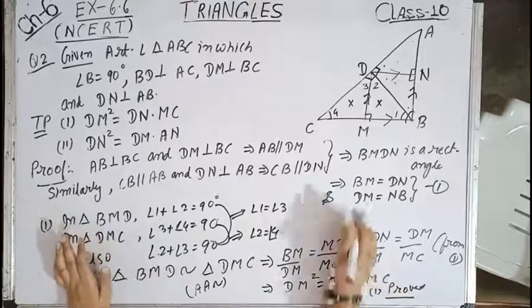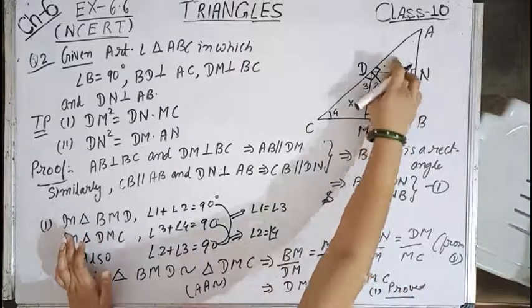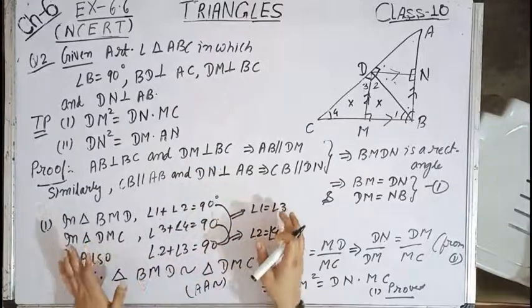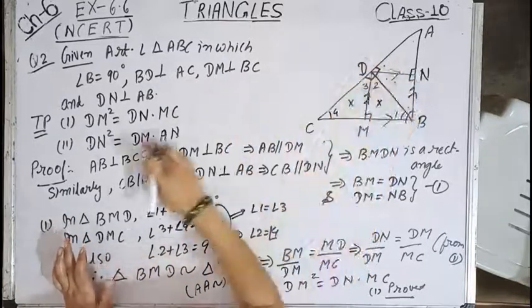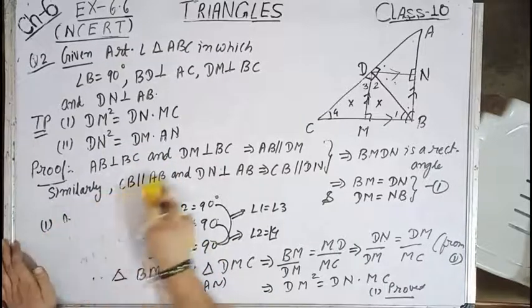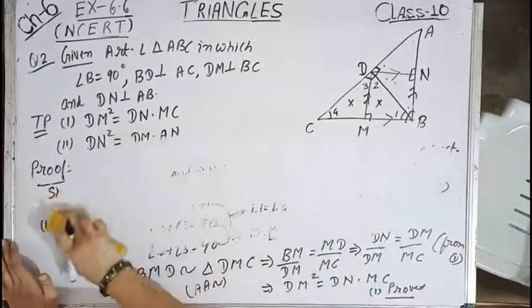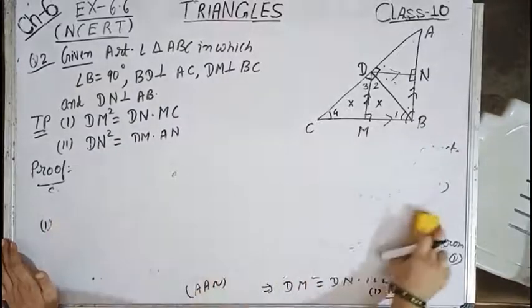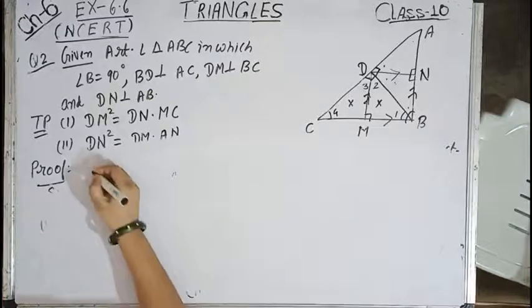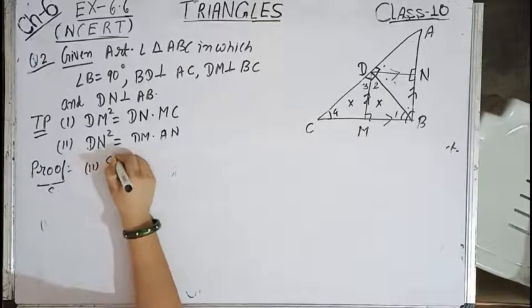1 is proved. Now for the second part, similarly you can write that these two triangles are similar. No need to write all these stories. Only you can write similarly these two triangles are similar and hence get this ratio. I am writing for you, but you should do it. This much story is not required for the second part, because a similar type of solution is there. So you can write number 2. Similarly,